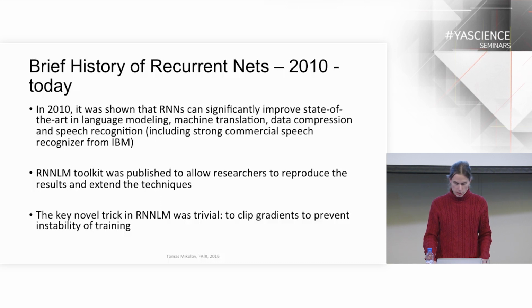And looking back, I would say that the main trick that actually wasn't really known before, and that is now part of pretty much every implementation of recurrent networks that I know, was to prevent the instability of the training, which was known to be happening before, but people didn't really know the cause and the solution. The solution seems to be very trivial, or at least a simple one: to just not allow the weights to change too quickly, for example, by throwing away problematic parts of the updates of the weights, or clipping the gradients so they don't start exploding, which is a very rare problem, but it has very catastrophic consequences.